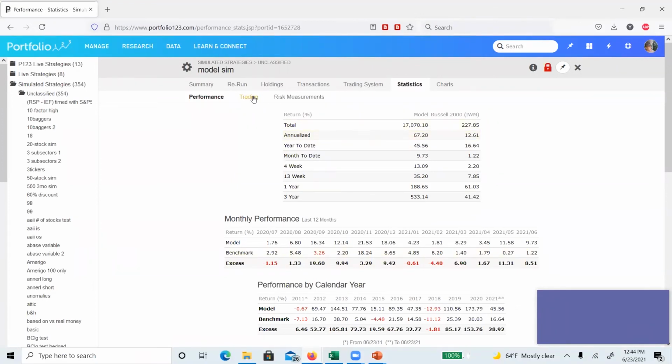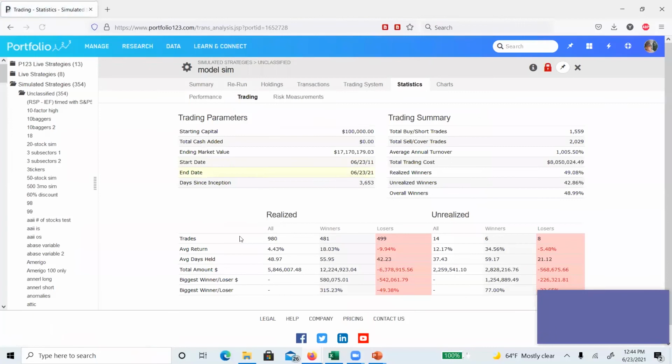The trading tab gives you some really good information. I love this average return per stock. Average days held is very useful. It looks like this simulation invests mostly in losing stocks, but the ones that win make up for all the losses because this number is